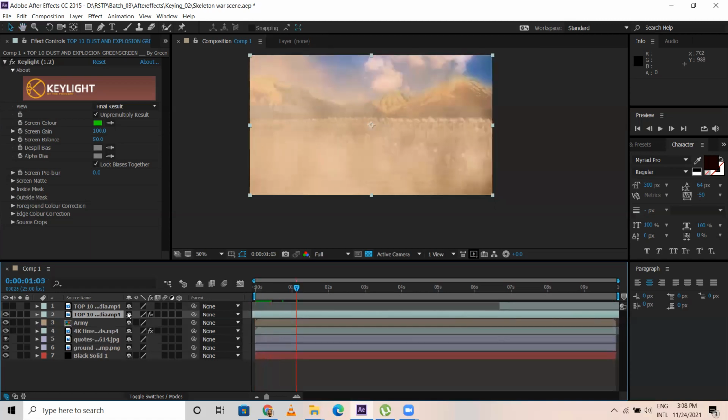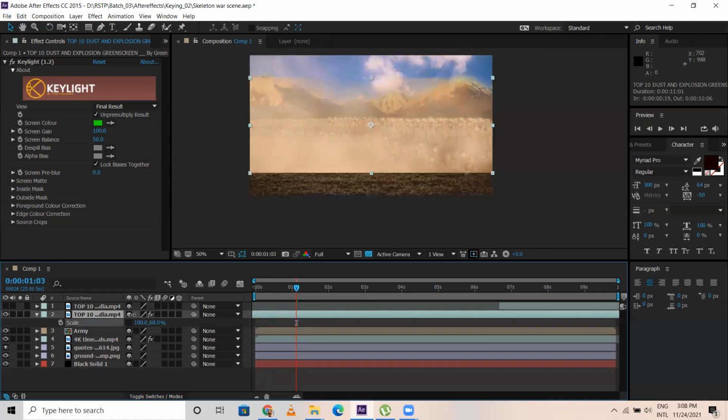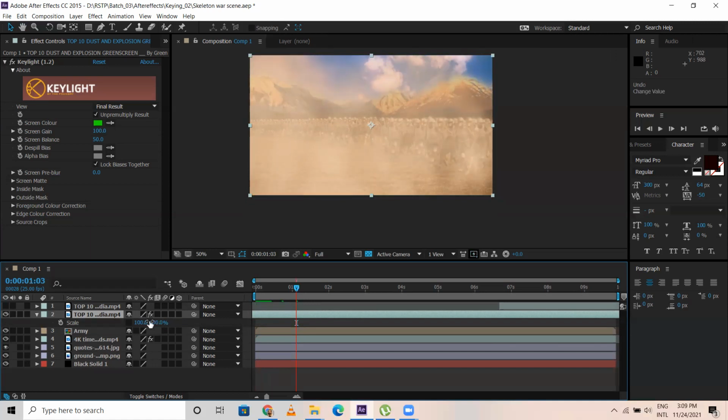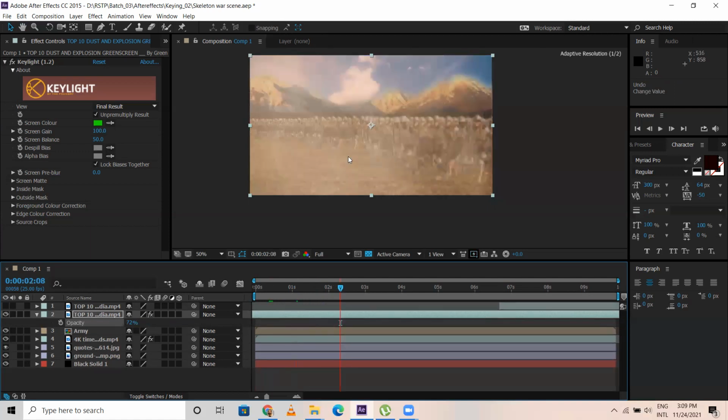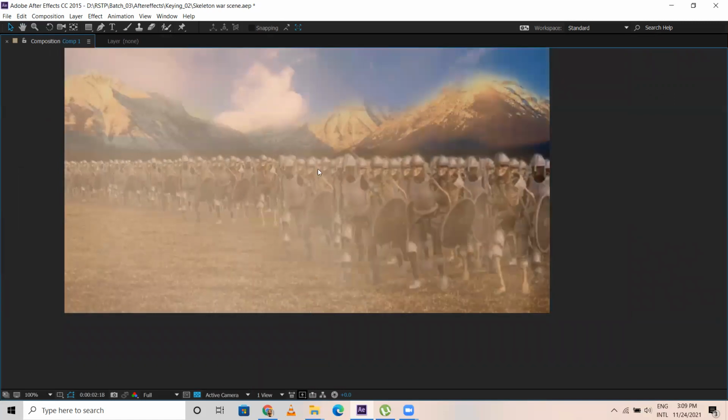So even what I can do, scale, x-axis, y-axis. Y-axis, I would like to reduce a bit. Or else let it be, it's okay. So transparency, let me reduce. Instead of 100%, let me reduce transparency, something like this. Okay, let me just see like this. There's a dust and this dust is moving. This dust part is moving, okay?